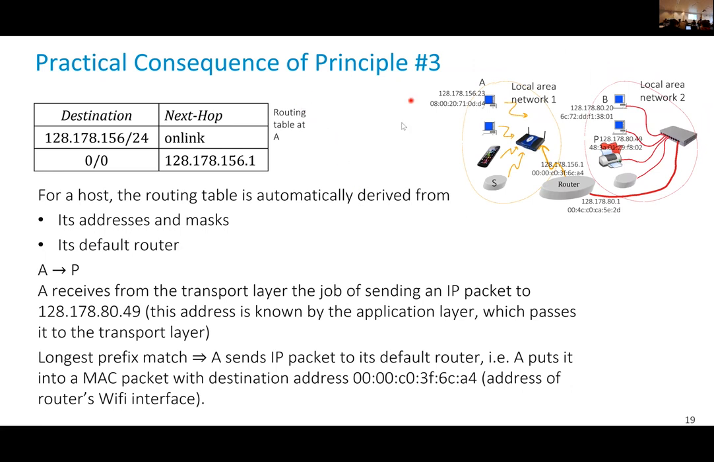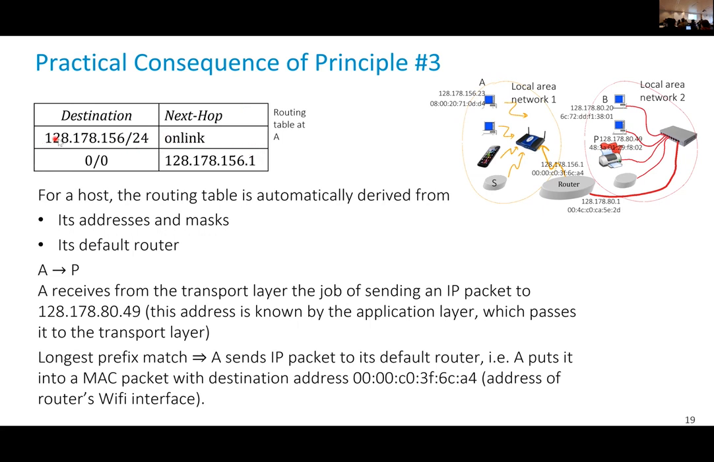A practical consequence is that I mentioned the fact that routing tables exist in hosts also. A host will derive its routing table automatically from its subnet mask and its IP address. For example, if I am a host here, 128.178.156.23, I must configure that my subnet mask is 24-bit long. And as a consequence of this, my operating system will automatically add into my routing table one line that says